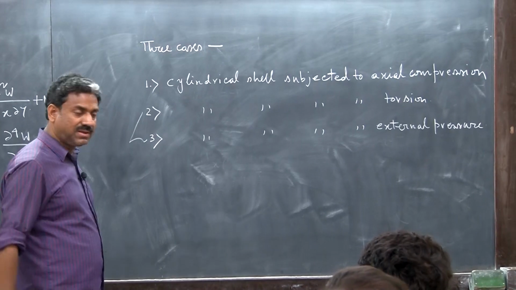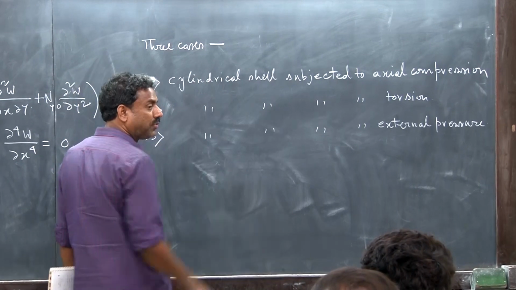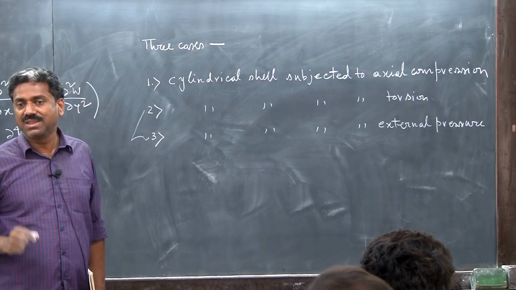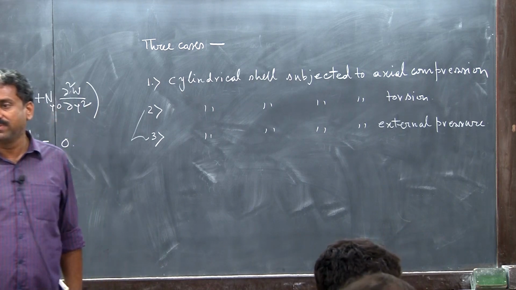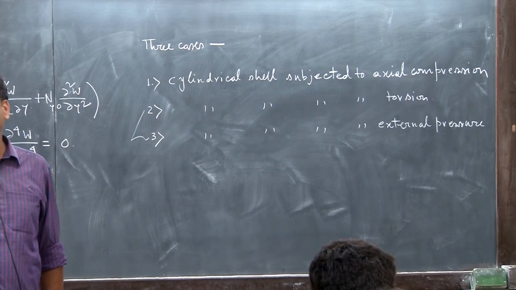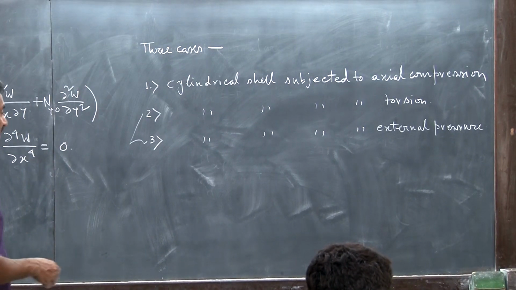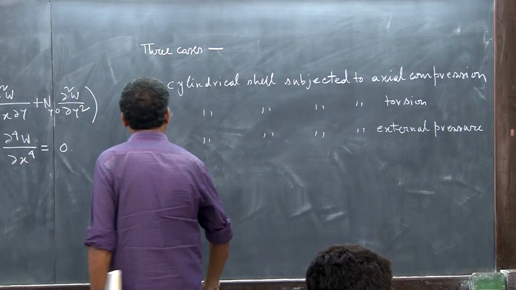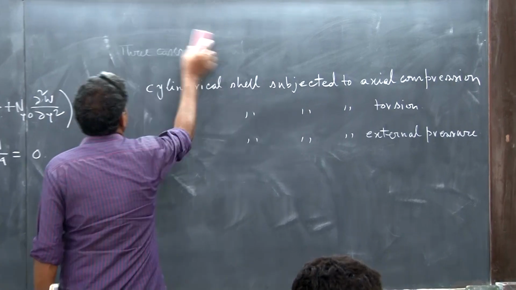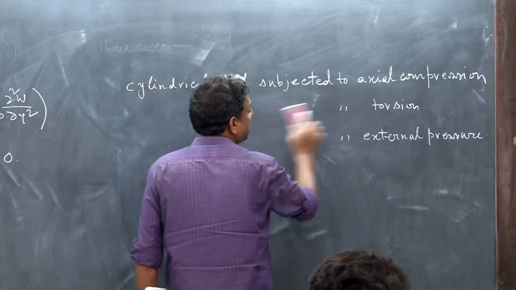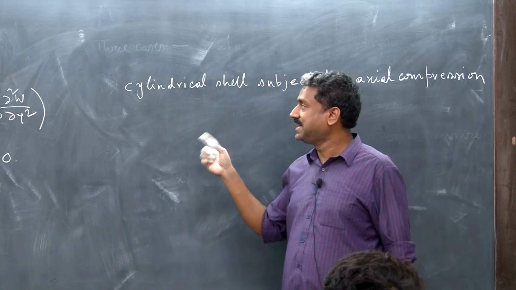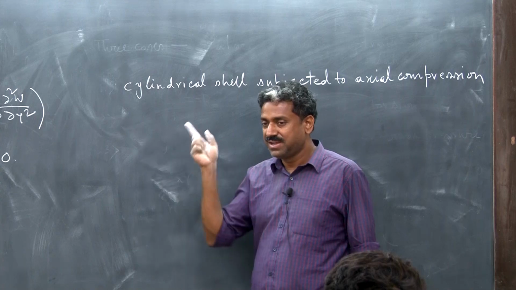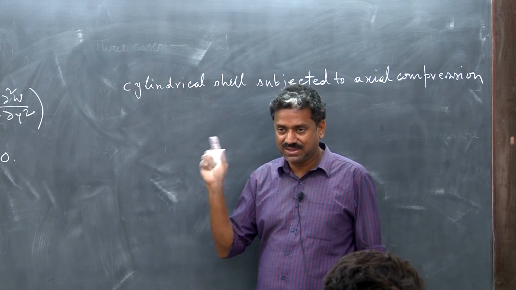So for the first one, I am going to show what you essentially get, and then how the experimental result, or actual behavior of the cell, doesn't even comply with that. We will consider a cylindrical cell subjected to axial compression, which we studied in the first example,